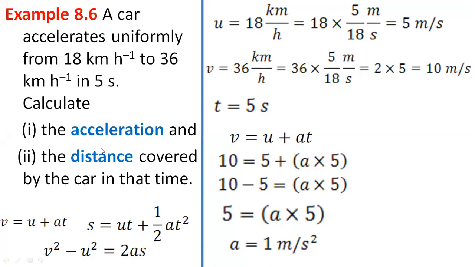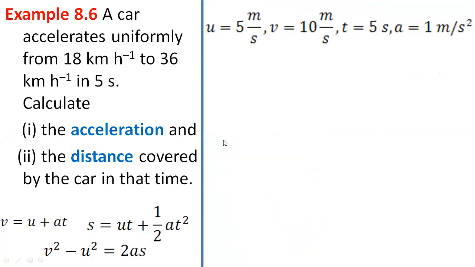We still need to calculate distance. So S value we need. So let us go for that. Acceleration we have calculated, and what we need to find out now is S. So again, I have two choices. I can take the second formula or the third formula, but I will go with the third one. It is your choice. Even if you go with the second one, your answer will be the same. The answer is not going to differ. So you can go with the second or third, it's your choice. I am going with the third formula.